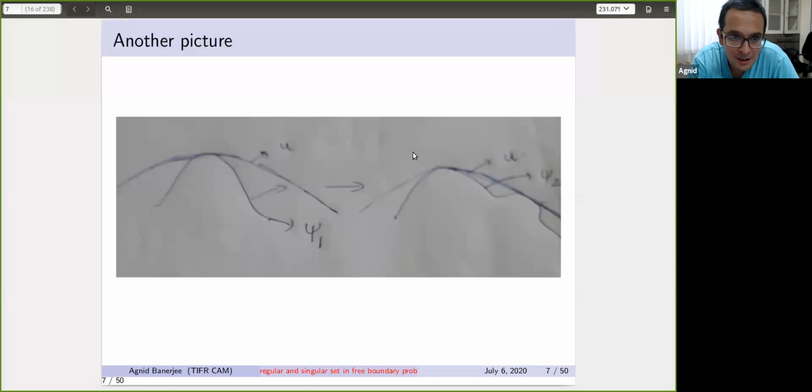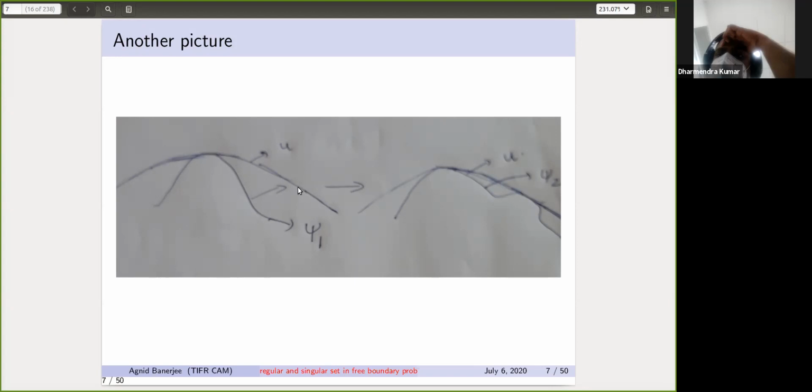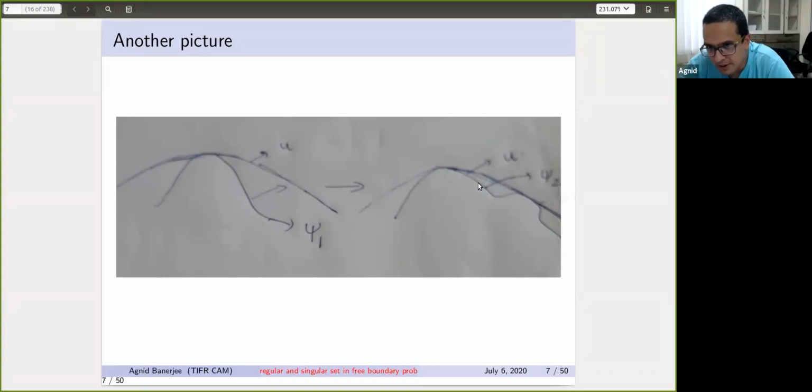So this is again a lot more hazy, but this is the best I could do. As I said, the solution is only going to touch at the superharmonic points, right? So locally, this is how the picture would be. You have this bump, and then you have a solution across, which touches over here. And now what I do is I take some arbitrary closed set over here in the domain, and then I push this obstacle up till it touches the solution in this closed set. So I go from this picture to this picture.